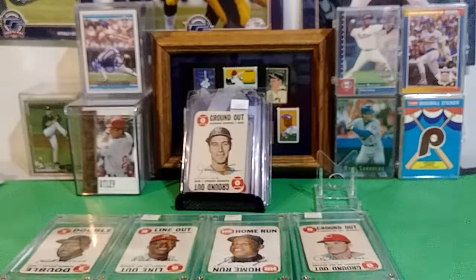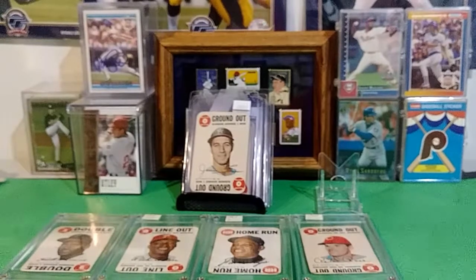But I said, from that standpoint, man, I've got so many cards, I could probably do this set. I mentioned it a couple times and people inspired me to do it, but I just let it go, like I do with a lot of other stuff. But then when I got to the card show in Delaware, I found a 1968